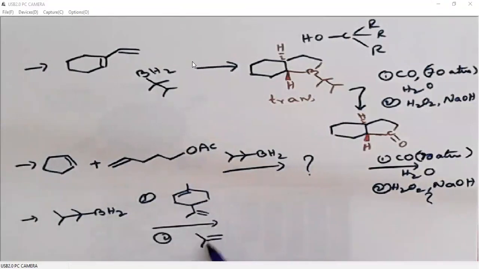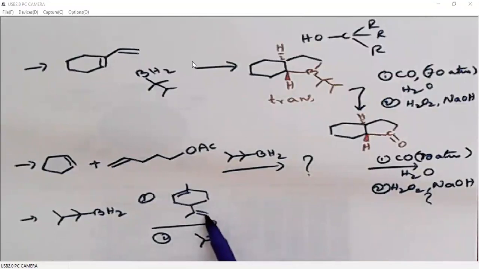So here you can clearly see this. First we are adding this alkene because it is more sterically crowded. Out of these two, this is the terminal alkene. So borane will reduce this alkene, then we will add this one, okay? If we do it in a reverse fashion, that means first we add this and next this, it may not add to the borane. So first we must add high steric crowding, then less, then still less. Then only we can reduce the alkenes, otherwise it is not possible.